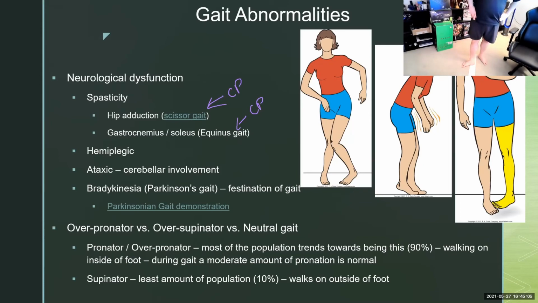Whew. And then, like I said, I already mentioned equinus gait, but in a true equinus gait, both legs are kind of stuck up on their toes. Oh my God, that actually hurt my ankle. So up on their toes constantly when they're walking.